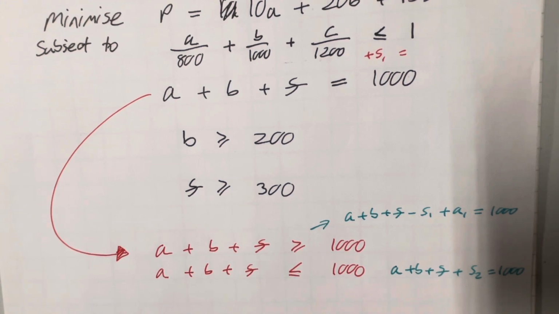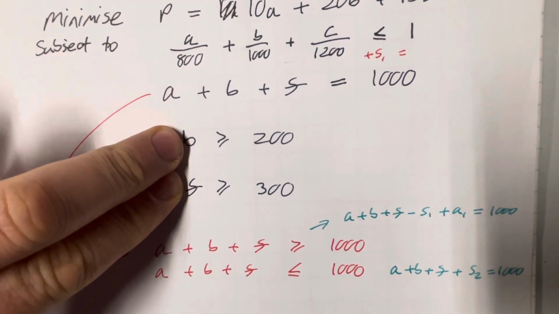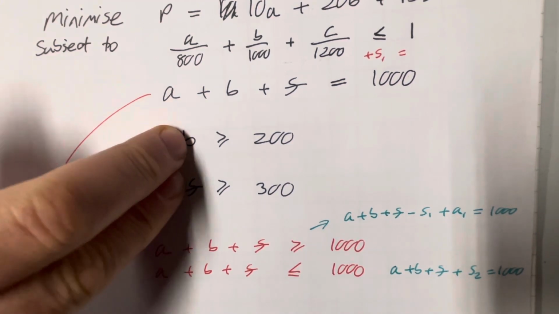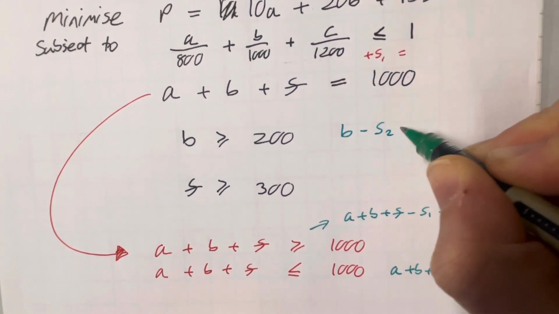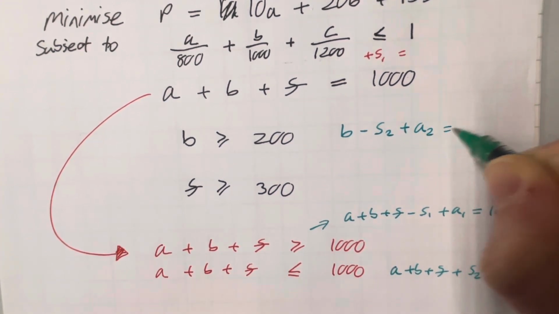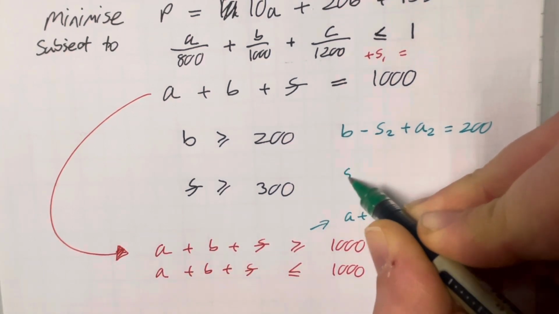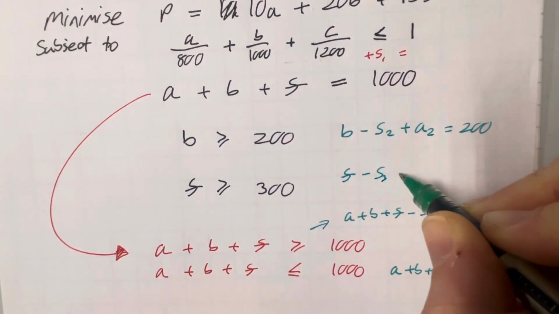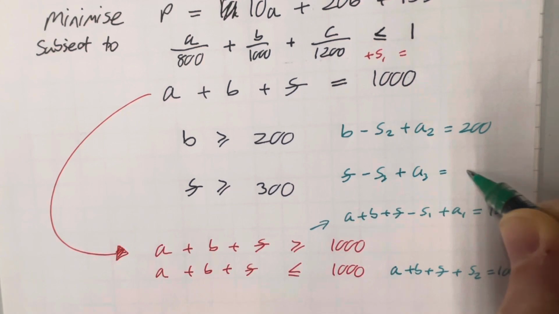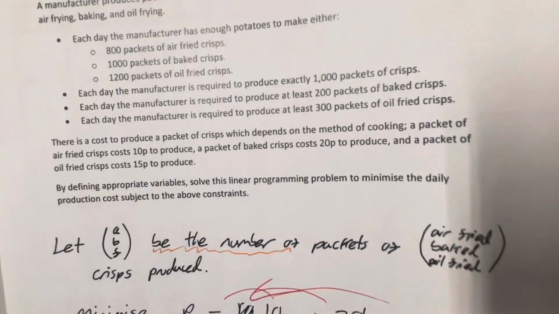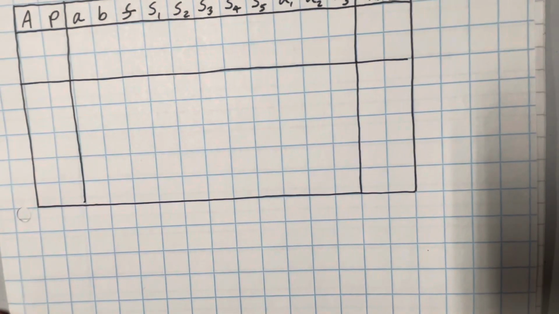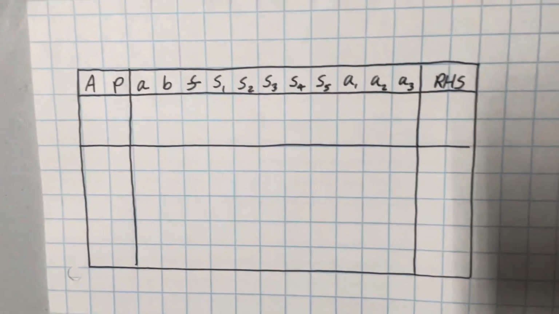Okay, and then these 2 constraints, again, the origin does not satisfy, so I need to introduce a surplus and an artificial. So I get B subtract a surplus plus an artificial is equal to 200, and then I'm going to get F subtract a surplus plus an artificial, and that's going to be equal to 300. Okay, so we take all of that information and we stick that into our initial tableau. Okay. So here's my initial tableau,